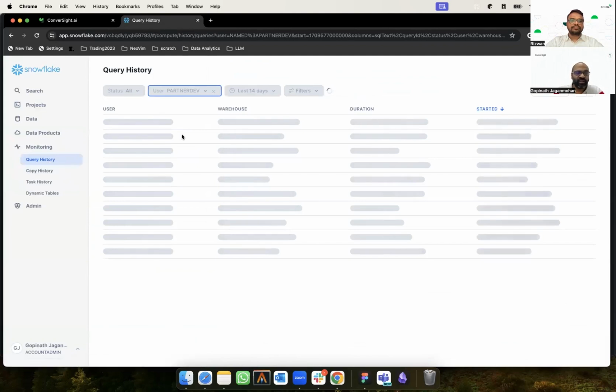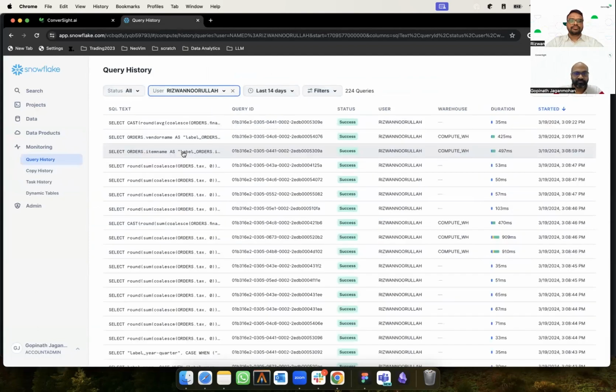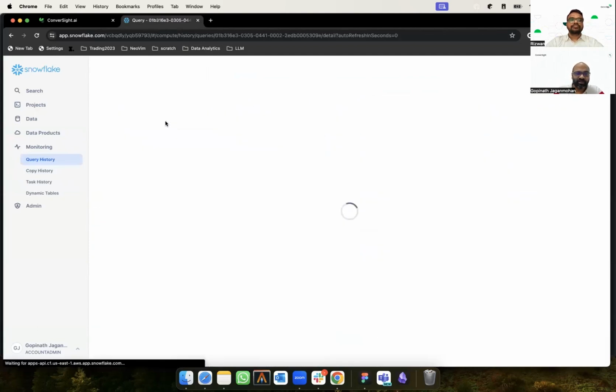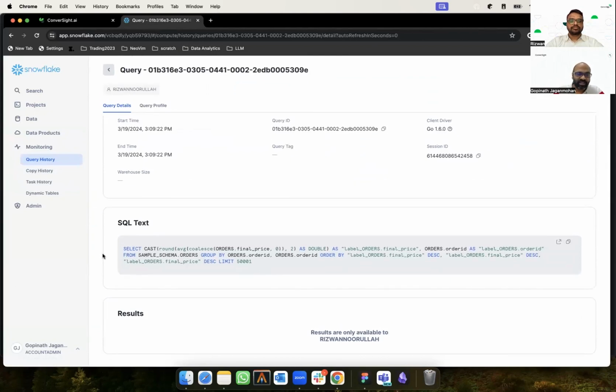So if you go there, you can see that it got executed here. The last query which I ran from there is the query which Athena created at the back by asking that question. So it does complex relationship understanding. It actually joins tables, right? It does everything at the back, so you don't have to do anything from there.